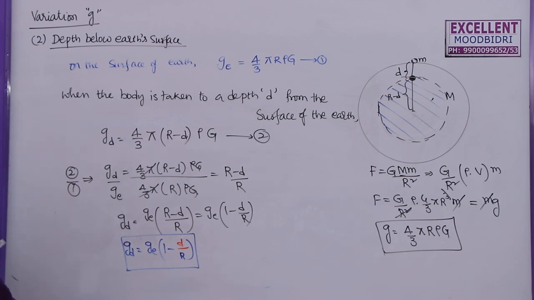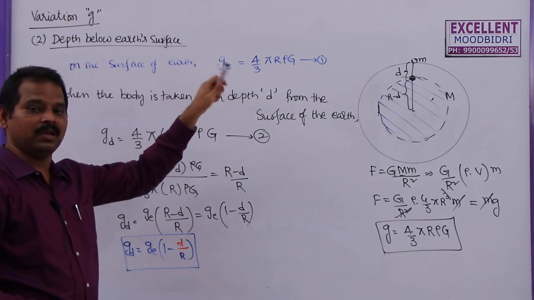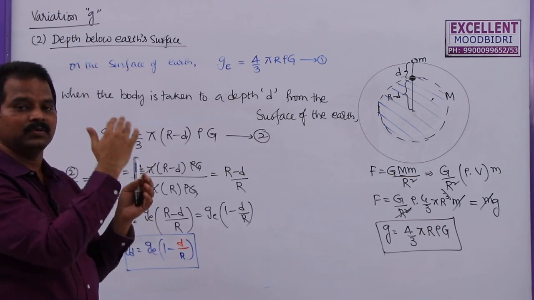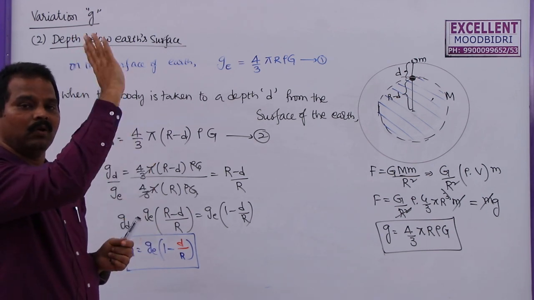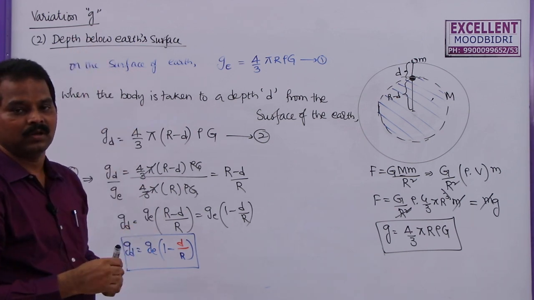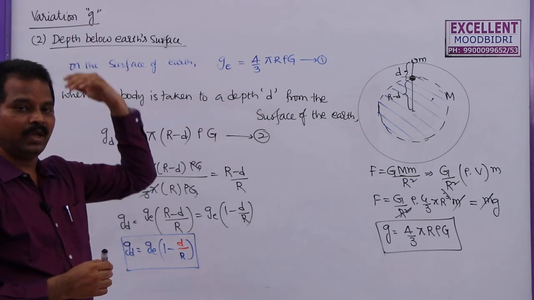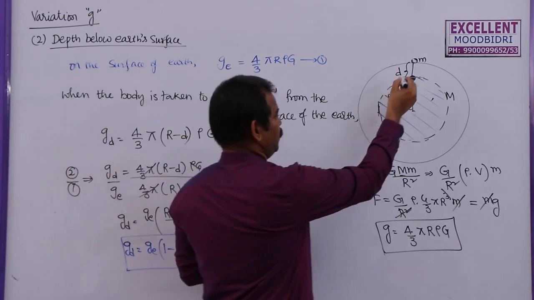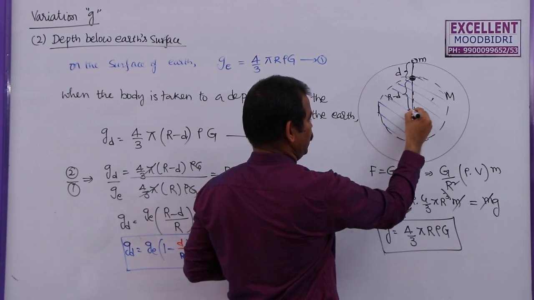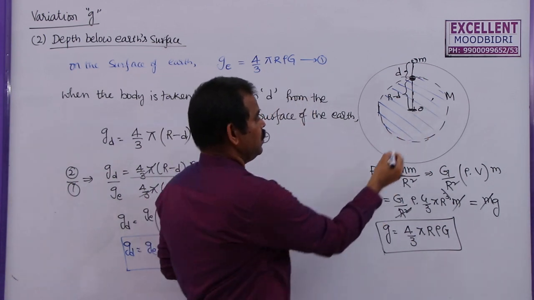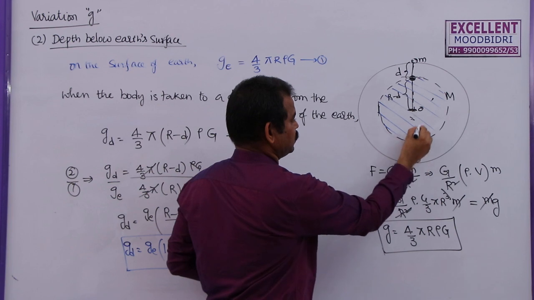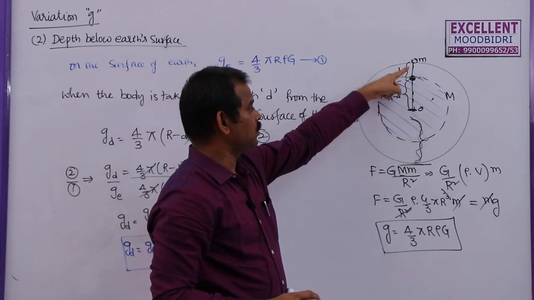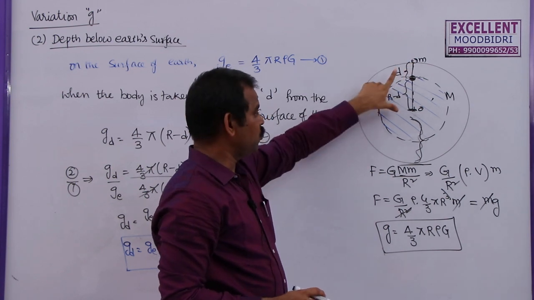Here above the surface of earth, h can take any value, because we can go to a maximum value, not only 6,400 kilometers, we can go up to 1 lakh, 2 lakh or 1 crore, some millions of kilometers. So we can find small g due to the earth at any place in the universe. But if you want to go deep into the earth, you can go up to here only. After reaching the center, what happens? If you come this side, then we have to consider this distance from this surface. That's why the maximum distance that you can go deep is only the radius of earth.